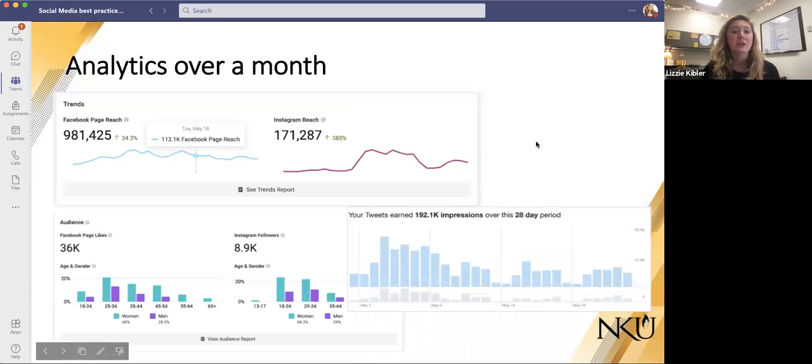And this is just kind of how the interface looks. Like I said, with Facebook and Instagram, you can see why there was all of a sudden a burst in reach here. Which I can tell you this was May. So commencement was definitely why all of a sudden it went up. And then you can see when things kind of drop down, it's like, oh okay, are we just getting back to the normal trends we have? And then over here, you can see Facebook likes, Instagram followers. And then you can see over on the right here, that's how Twitter presents their impressions.